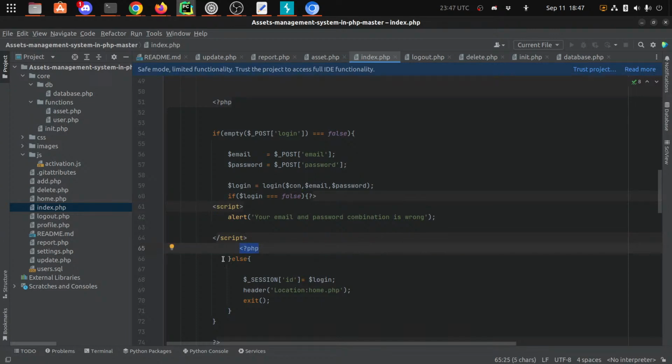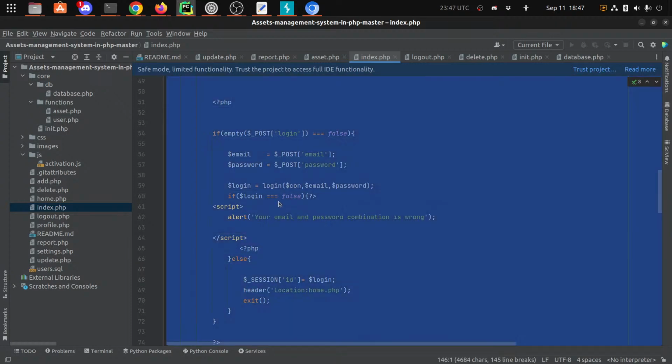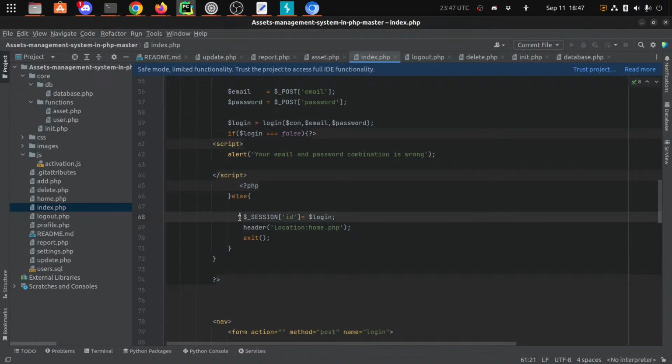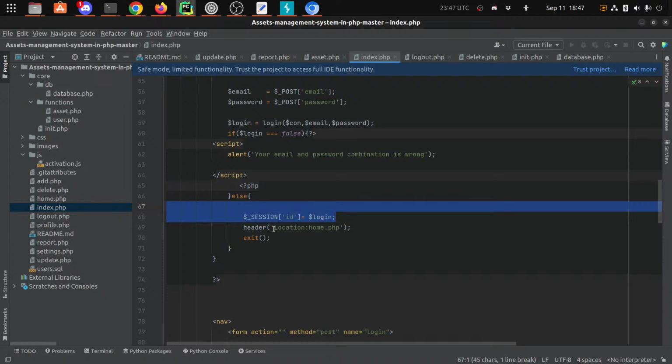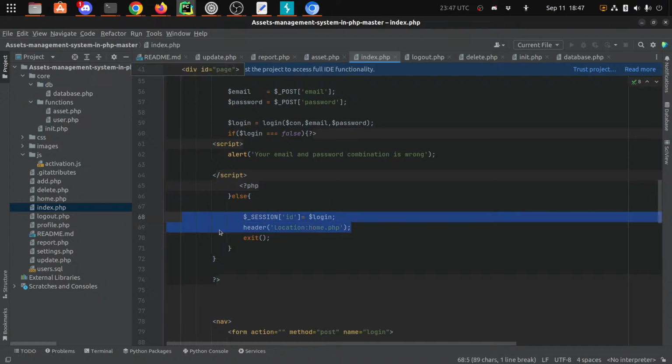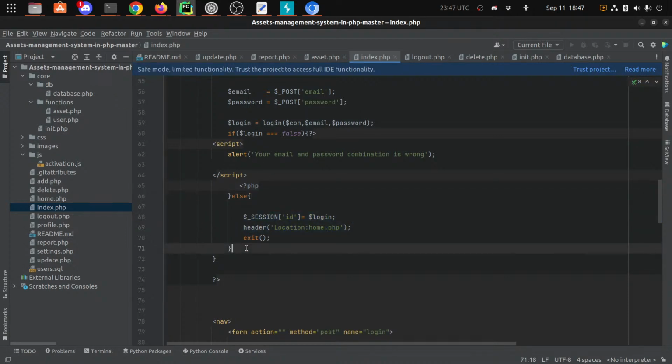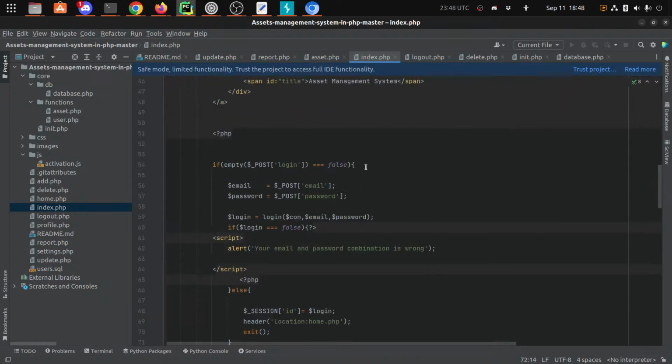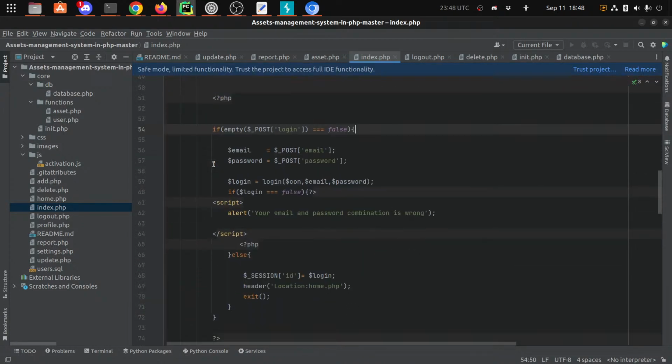We start up a new PHP tag, but then right there was where we break for our else. So our else would be login was true. And in that case, we say $session ID equals login is what we got from here. Header location home. The redirect to home. And that ends the else right there, which also ends this else here,